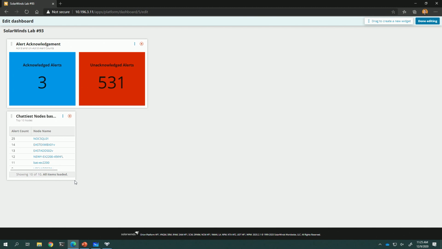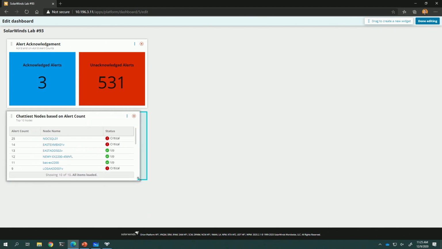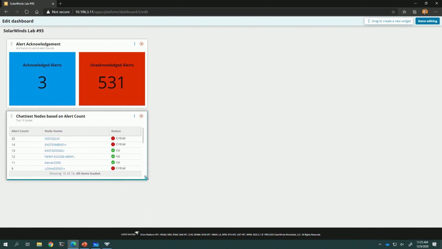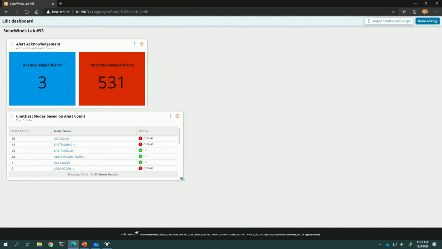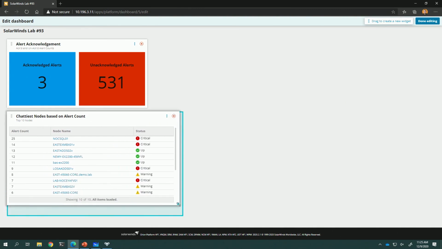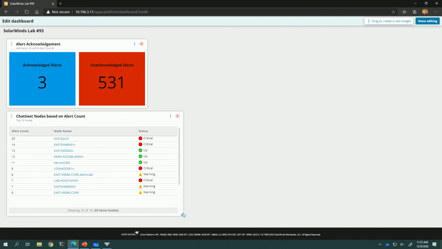And again, that doesn't look great. So we can go ahead and bring this over, and we'll probably make it the same size. It doesn't have to be. It can be any size you like. But for me, I want it to show all 10 records, so I'm going to drag it down to about there. And in a real environment, I probably would have changed this to like top 12, just so it fills in, because I'm that guy. Okay, so using SWQL, we've built KPI widgets, and we have built a table widget.